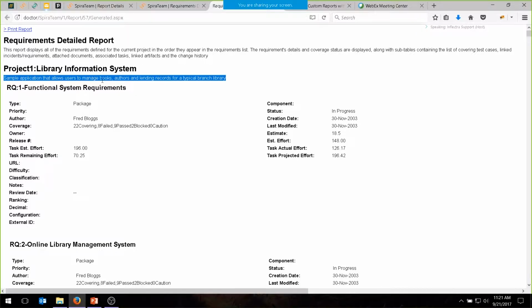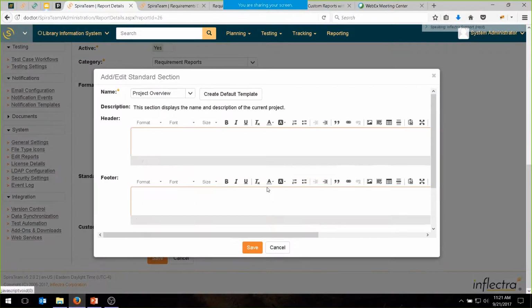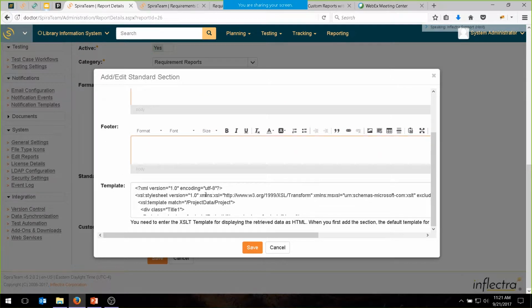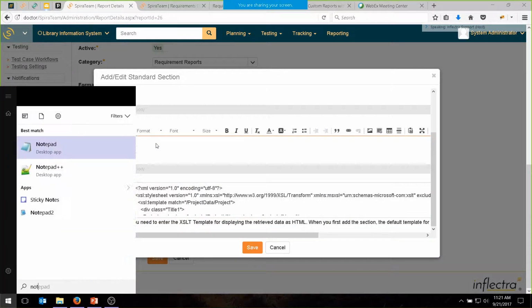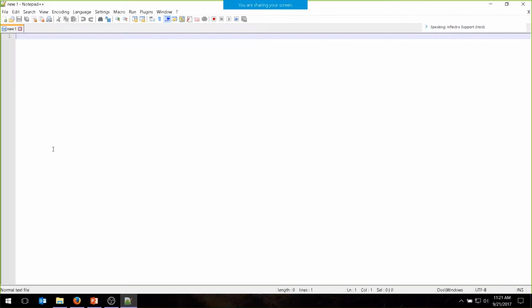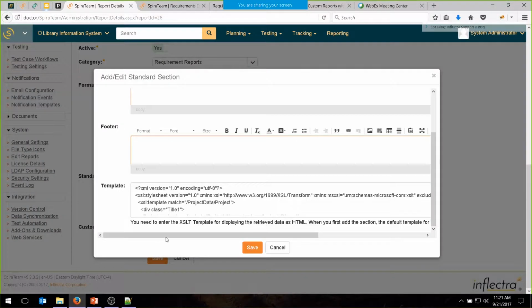Now we don't want to change this particularly, but just to show you what it looks like, you can click on customize, and you can see right here, we haven't got a header for this section, we haven't got a footer. We don't really need one. It does have this template. Now the template is actually what's being used to generate the report. I'm just going to open up a text editor. Notepad is pretty good. And if I paste this in here,